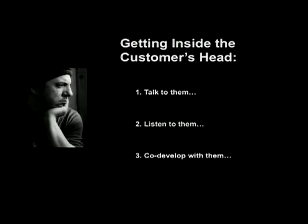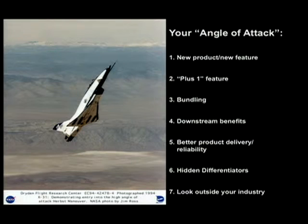All good points. Part of this is who is that? Who is the critical customer? Okay, because that's who we really want to understand. And then there's lots of different ways to get your angle of attack. Alternative ways of building it, whether it's a new product or new feature, what sometimes people call a plus one